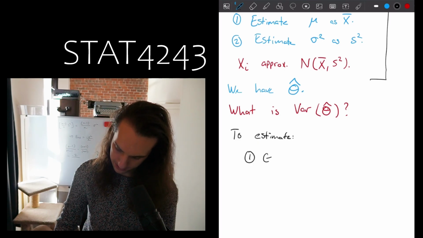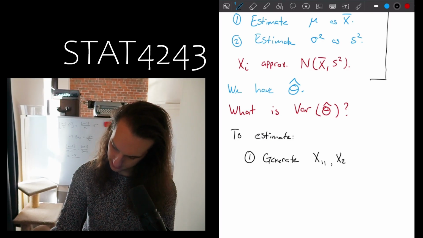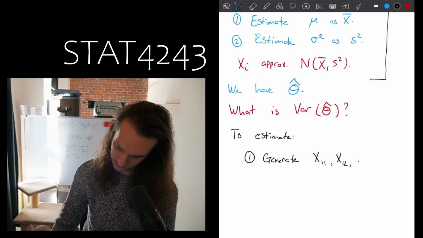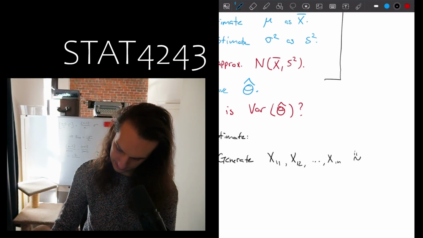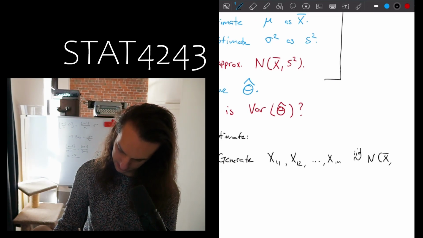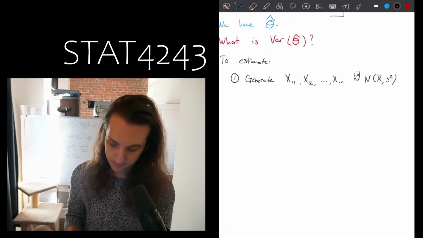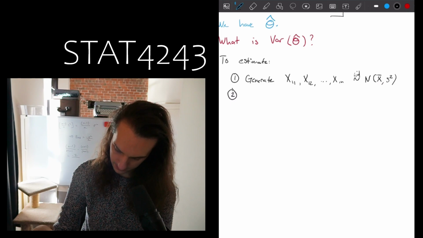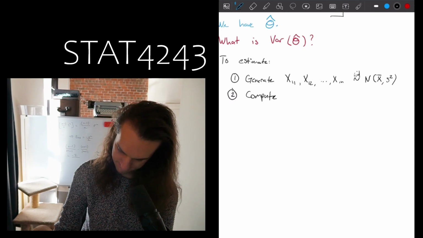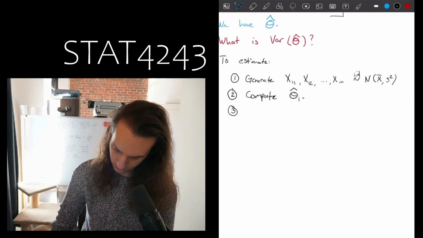step one would be generate, say, x11, x12, and so forth, up to x1n, which would be IID from this normal with mean x bar and variance s squared. So generate, using Monte Carlo techniques, a sample from this distribution, and then compute theta hat 1 on that generated sample, and then repeat,